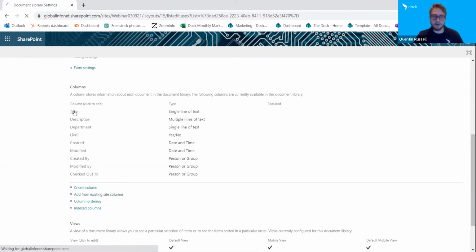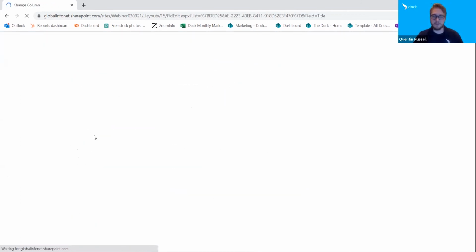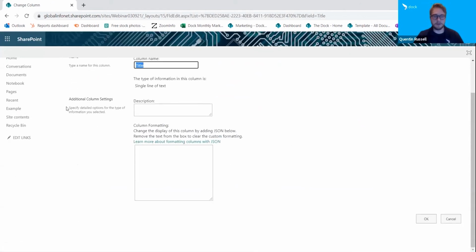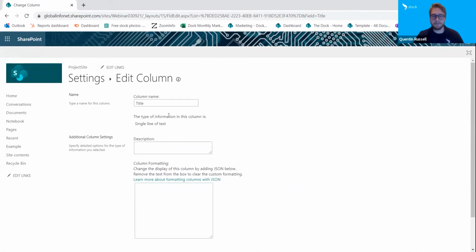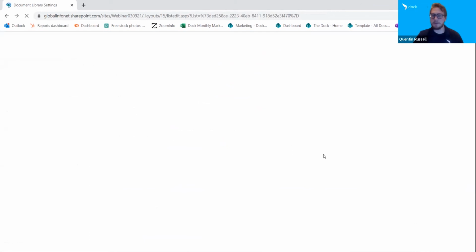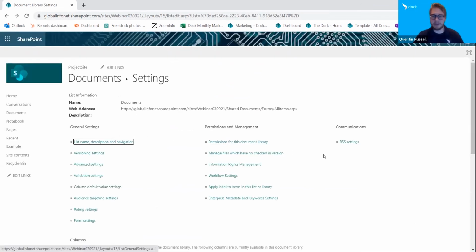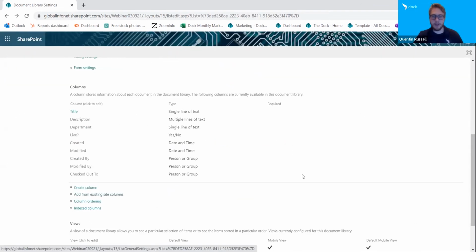If you want to edit one, you can just click right here and it'll take you to this page, and it'll allow you to change the column. You can add any descriptions and change the formatting. Certain ones, like the default Title, while you can change the name, you can't change what it is. That's just the way it is. However, if you want to add a new column,